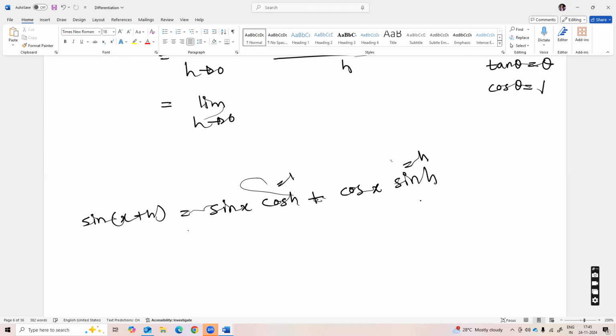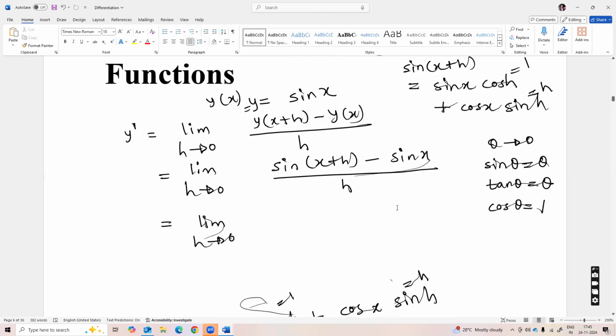After expanding this, we get sin x, because sin x into 1 is sin x, plus h cos x. So we will write this value here: sin x plus h cos x